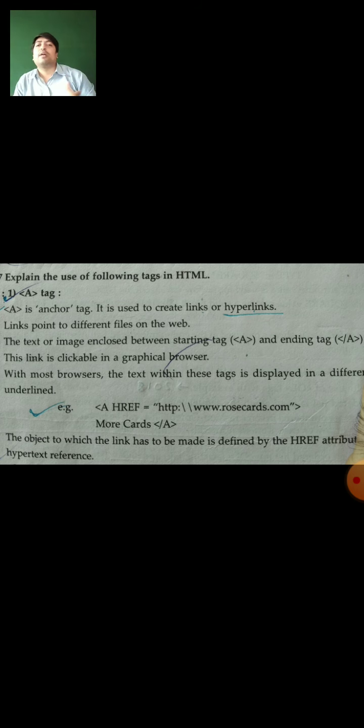If someone wants to get information about any topic, we saw one example in the computer basics video: if we want information about Mahatma Gandhi ji, we insert the words Mahatma Gandhi ji inside the Google search engine, where we can get different websites.